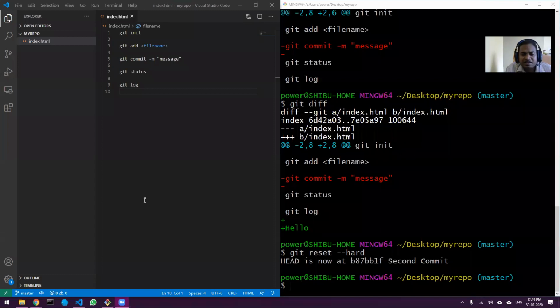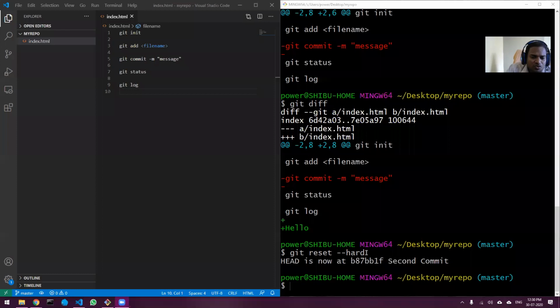No. Git reset hard is for when you have made a terrible mistake and you want to go back. If you have made some small mistakes, like you have missed a semicolon or something like that, then you can always do git diff, find that error and change it directly.